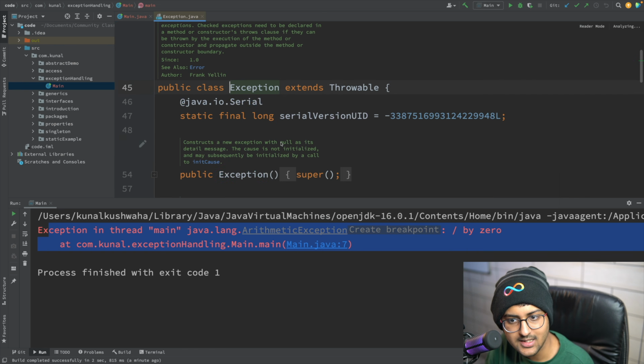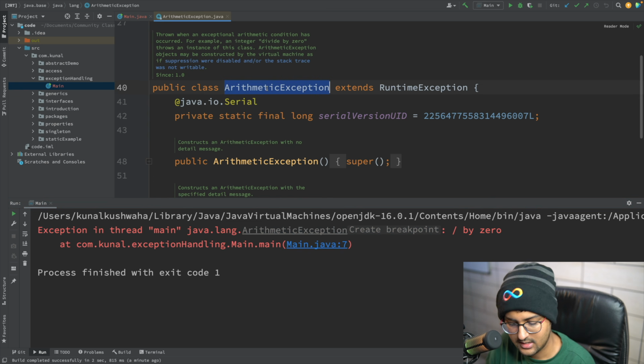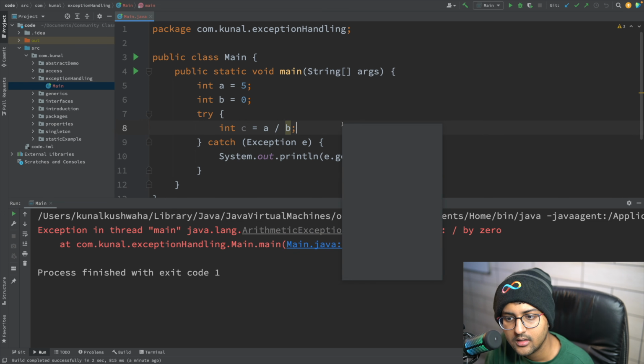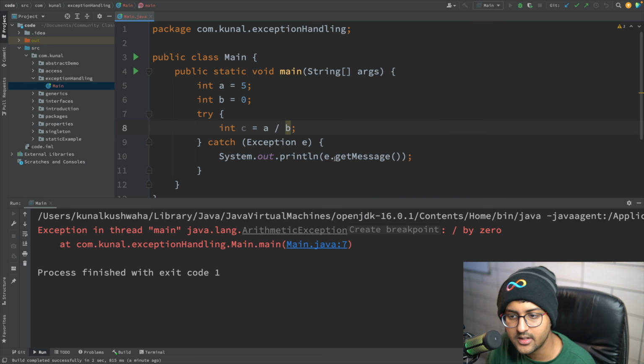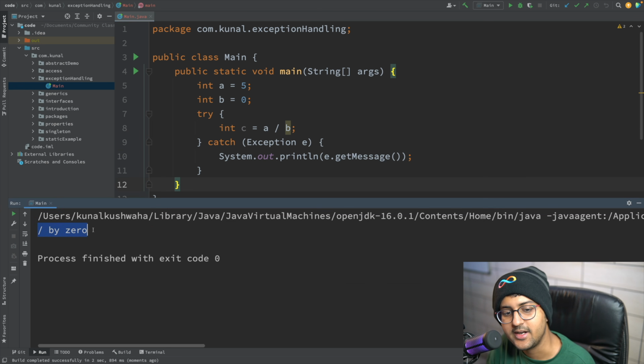The exception is a class, it has its own get message. I can definitely write arithmetic exception over here, but I can write exception over here as well because exception is the main one. So let's see what will happen if I write exception e, run this. It will just print the message. It's saying divide by 0, it's just printing the message.